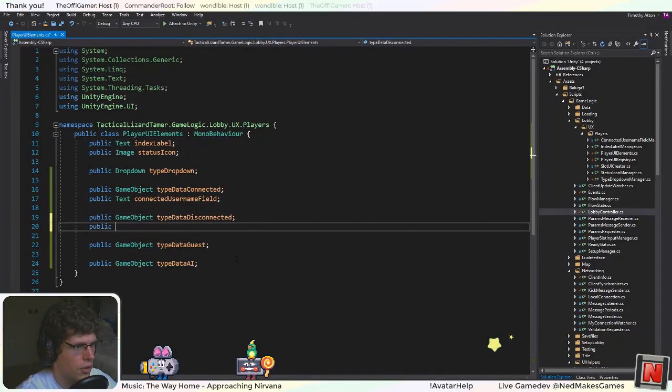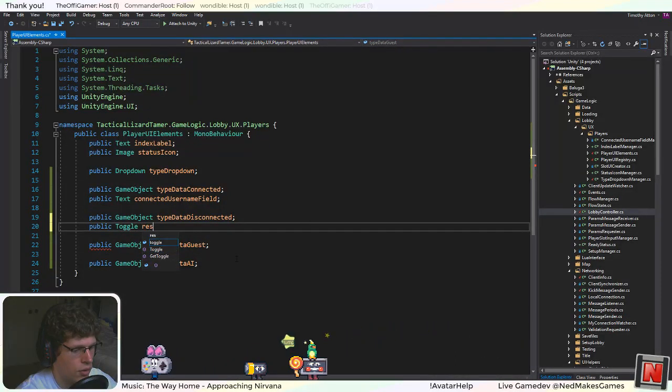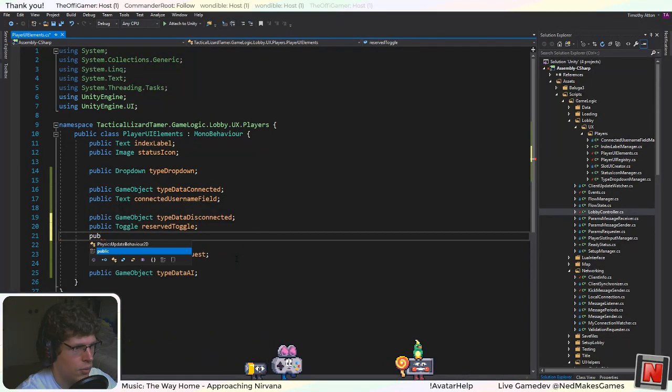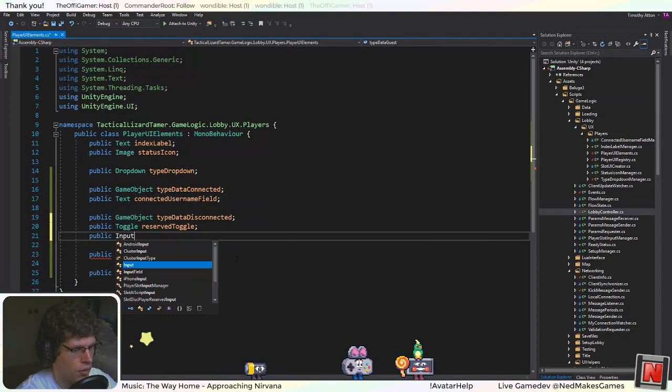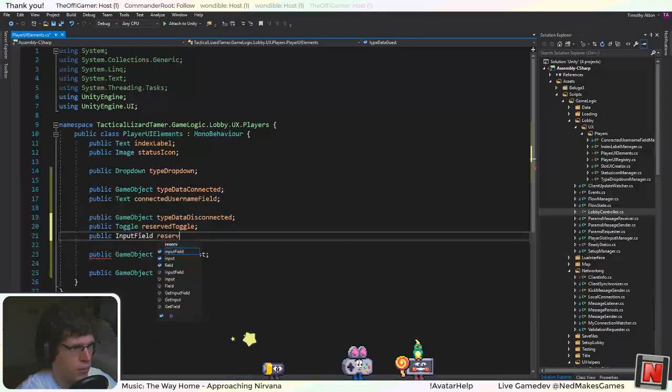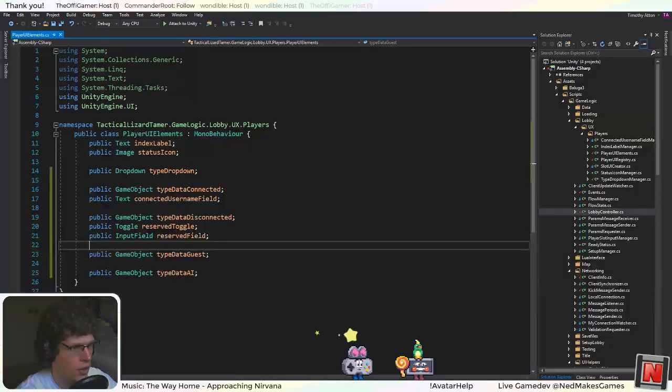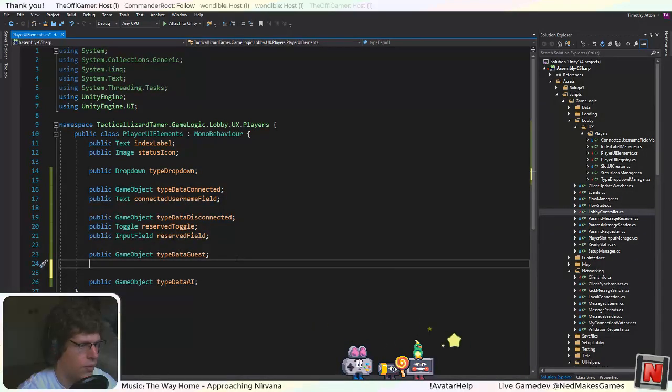The public toggle, reserved toggle, and then public input field, reserved field. Okay, and then for guests, we've got